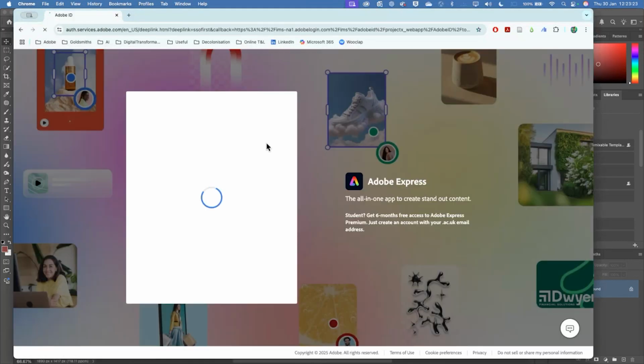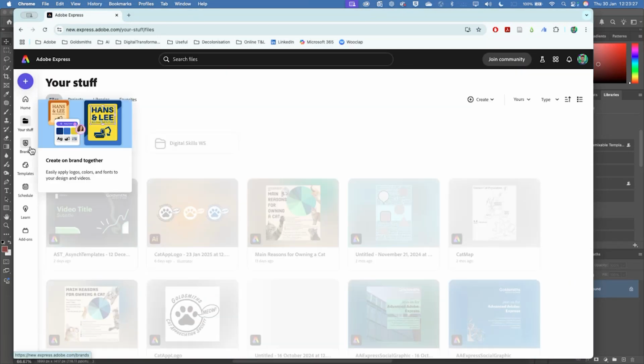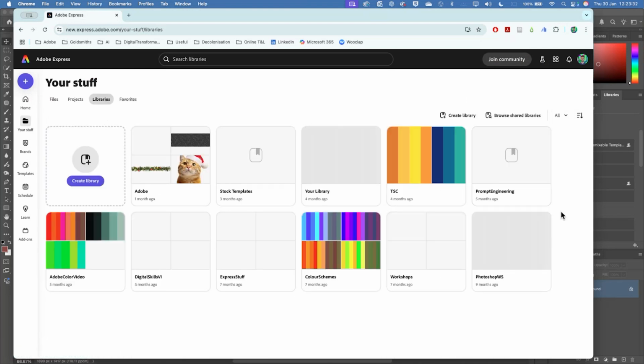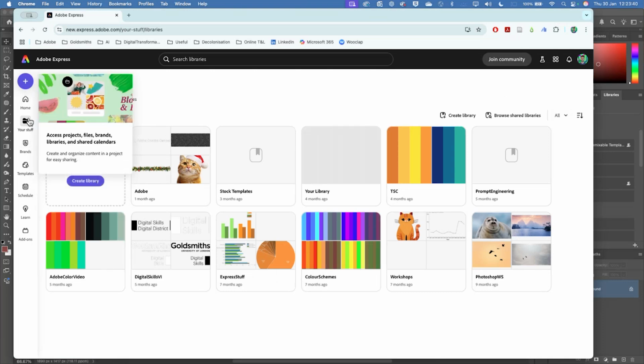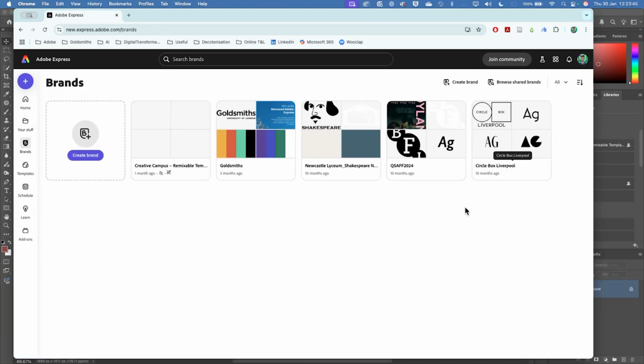So if I just open Adobe Express, I can then access all of that same content directly in Express. But in Express, it's split into stuff that I've created, and I've also got brands as well. So sometimes it might be set out in a slightly different way than you imagine.